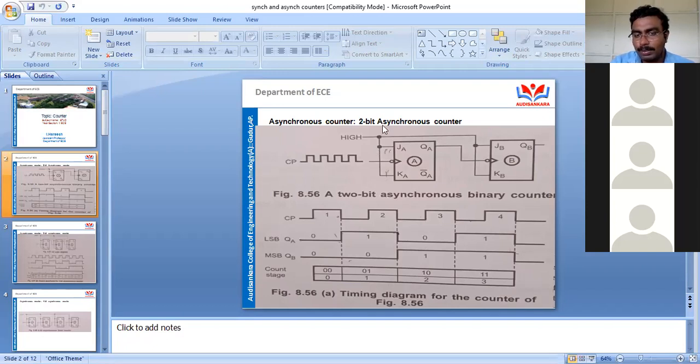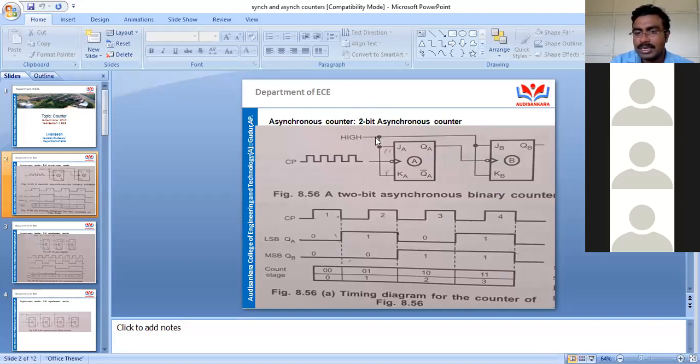Let me explain one more time how the 2-bit counter is designed here. Since there are 2 bits of information, I'm using 2 JK flip-flops. You can use D flip-flop or T flip-flop also, no problem at all. Here I'm taking JK flip-flop, and the first flip-flop is named A and the second flip-flop is named B. The inputs JA, KA, JB, KB are always connected to input high. High means 1 here. It means both JK flip-flop A and JK flip-flop B will always be in toggle state.